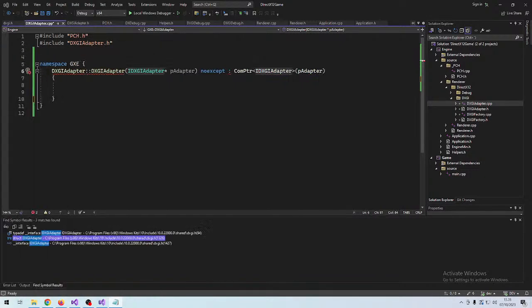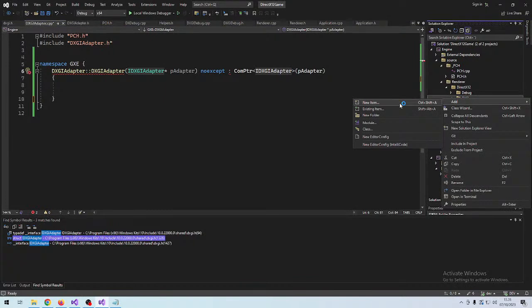Let's move on to the device. We will also be creating a device. Let's see. I actually think it's part of... is it a part of the... no. So